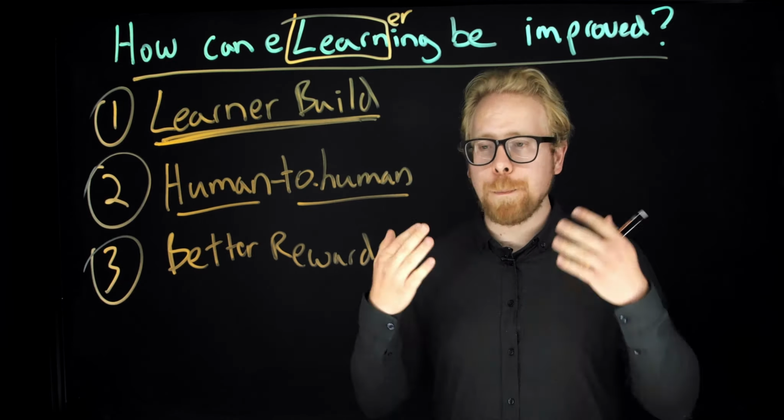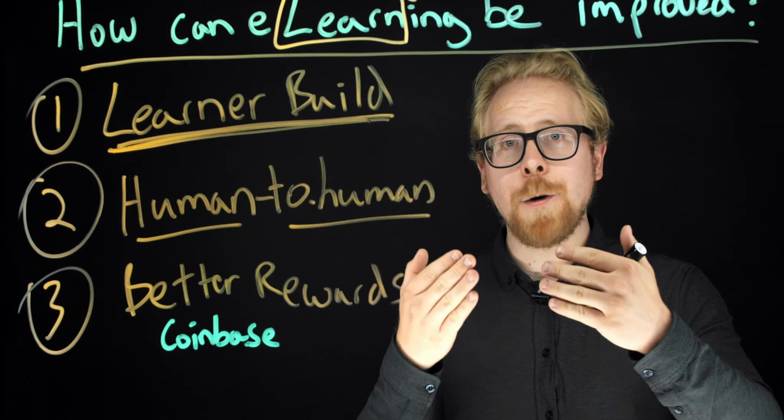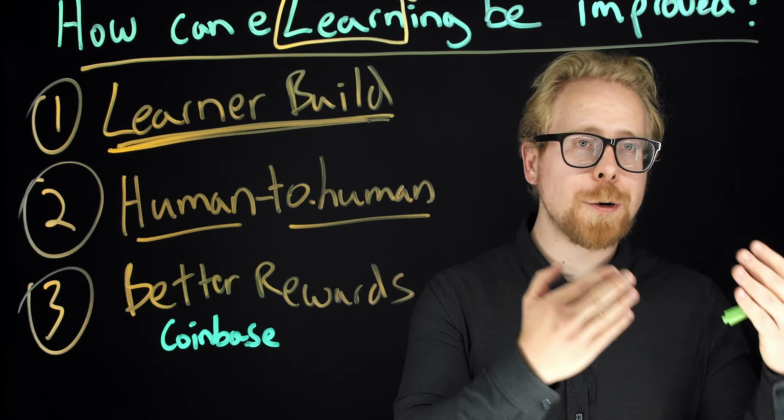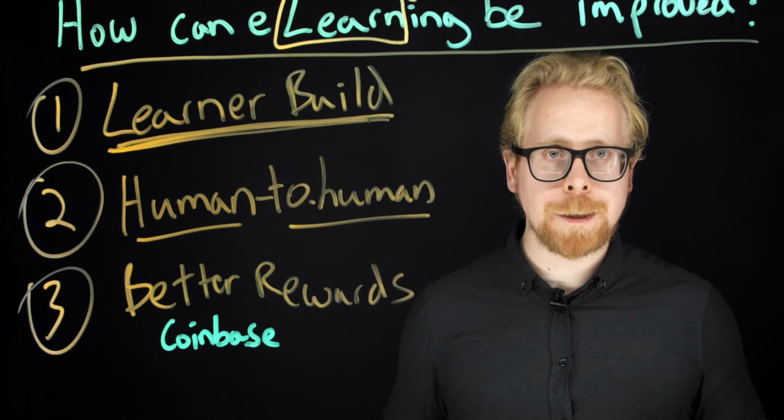Coinbase has created e-learning because they want you to learn more about the cryptocurrencies that they sell, the lesser known cryptocurrencies that they sell, so that you have reason to purchase them. So they've literally built e-learning programs to educate the consumer